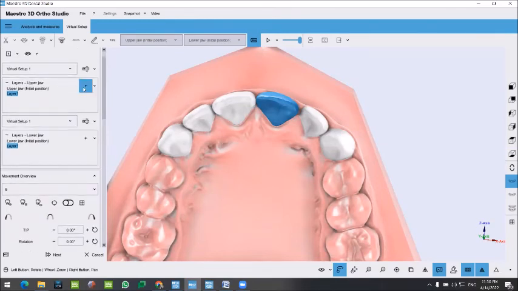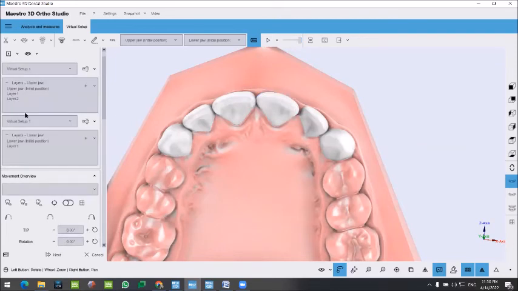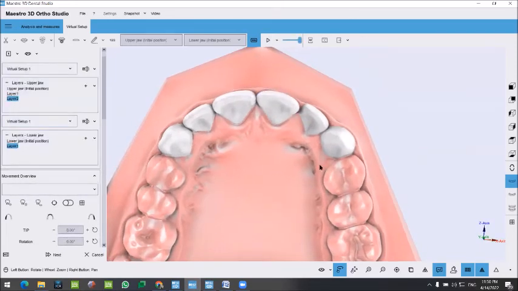But first, I need to add a new layer. All I need to do is press add layer. It's going to add layer 2, from where I stopped. So I'm going to click on this tooth